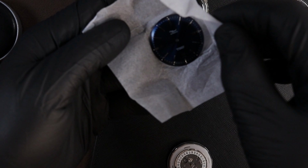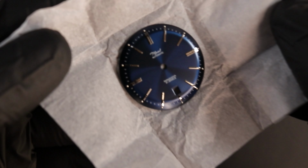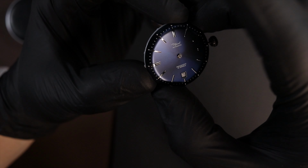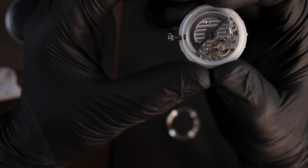What a gorgeous sunburst blue dial this is. Look at this thing. It's this deep, rich royal blue, and the stick indices that curve toward the edge of the dial are done beautifully. After attaching the dial to the movement, we'll take a look and ensure that the rotor can freely rotate and that the dial is set flush against the